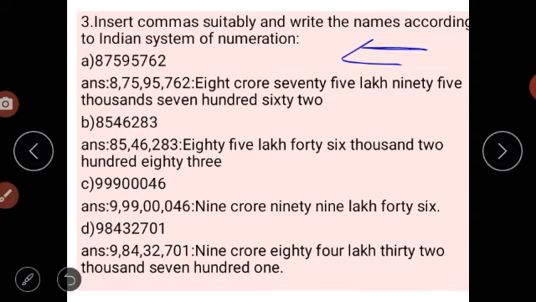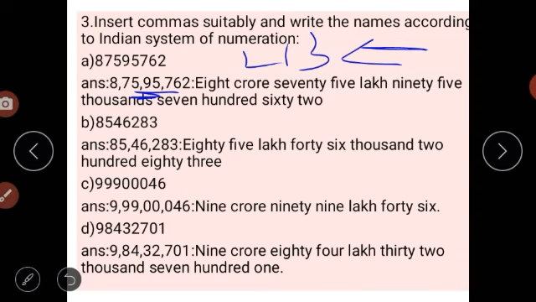And next, in the Indian place value system, the first comma comes after 3 digits, and after that a comma comes after every 2 digits. So what are the next 2 digits? Here we have 5 and 9. After that, we are placing a comma here. Next, what values are there? 5 and 7. After writing 5 and 7 also, we are placing a comma. Why are we placing a comma after 2 digits? Because here it is the Indian place value system.